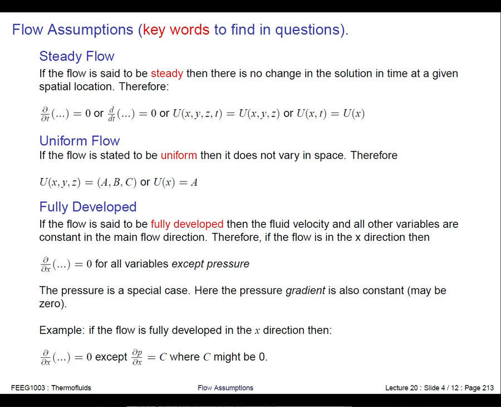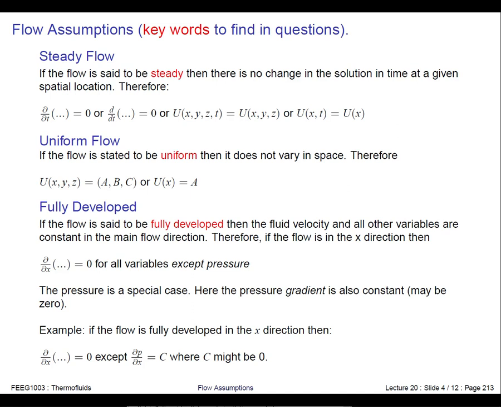Everything is always the same. Okay, so if the axis of the pipe is in the x direction, then all the d by dx terms are zero, with the exception of pressure. And pressure is a special case, and this occurs because there's a viscous stress on the wall of the pipe,